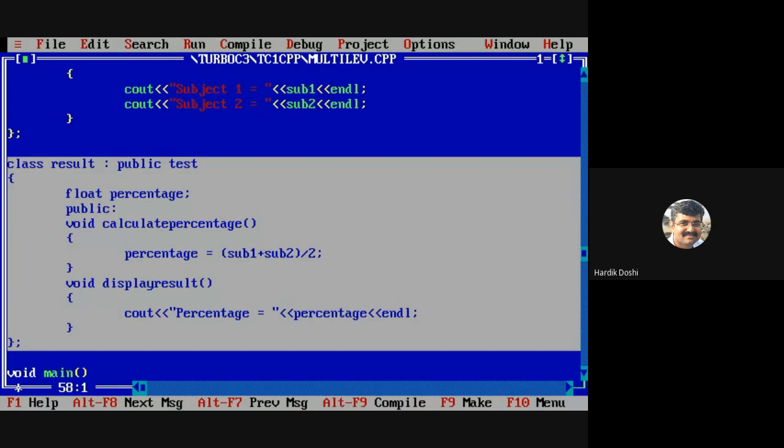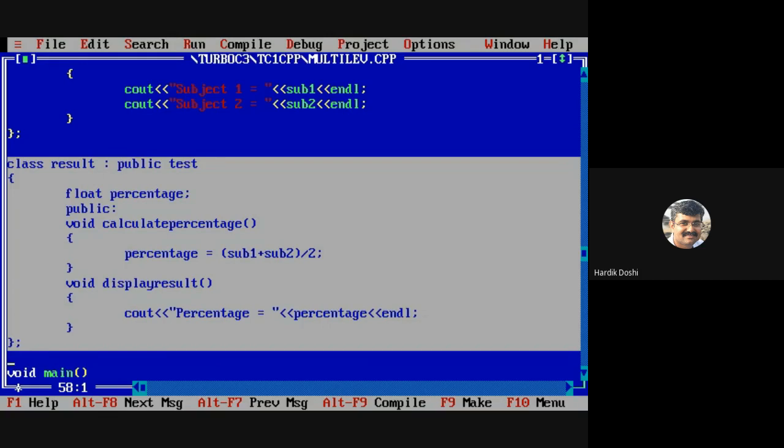Now what comes over here that we need to check? And what comes over here and what goes in which section, that you need to verify. Can I say float percentage is a private member of this class? Do we need to make it protected? No, we don't need to, because this class we are not going to inherit. The final level class. Okay.